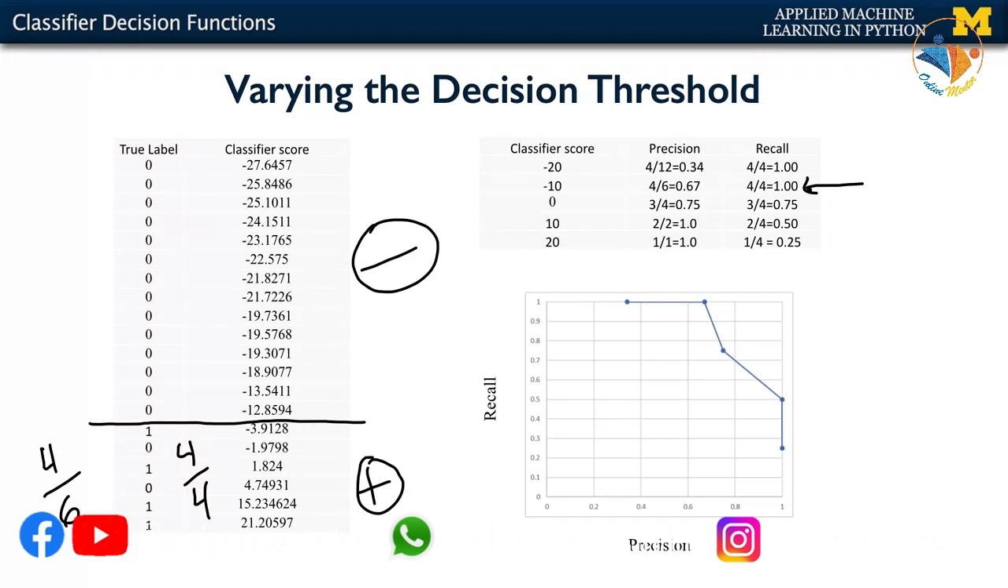And then as we're computing these different precisions and recalls for different thresholds, we can also plot them on this precision recall chart. So the first pair of precision and recall numbers that I got, 0.34 and 1.0, we can plot on this point in precision recall space. The second example, when the threshold was -10, we got a precision of 0.67 and a recall of 1, corresponding to this point that